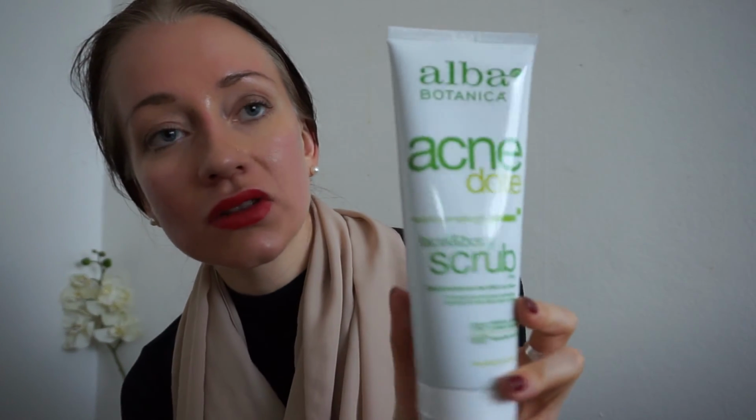And then I also have this facial scrub from Alba Botanica, and I love this one as well. This one is super good, and you can use it on your face and your body. It has no parabens, no synthetic fragrance, it's vegetarian, and it has a nice minty smell, and it also feels a little bit tingly on the skin when you're using it, and it has